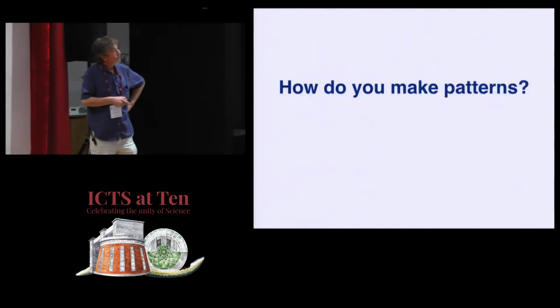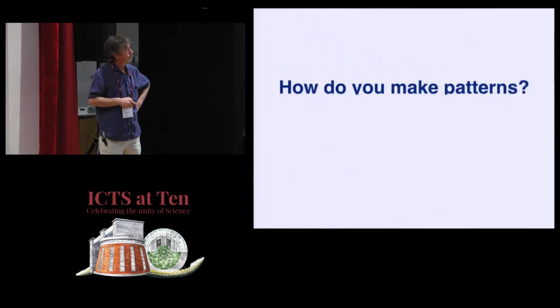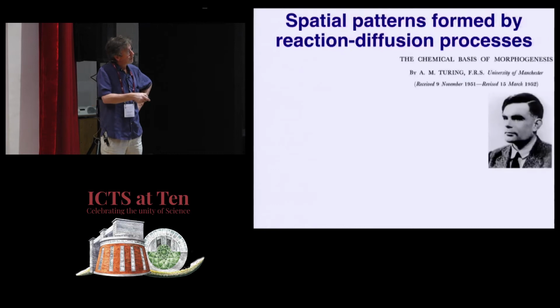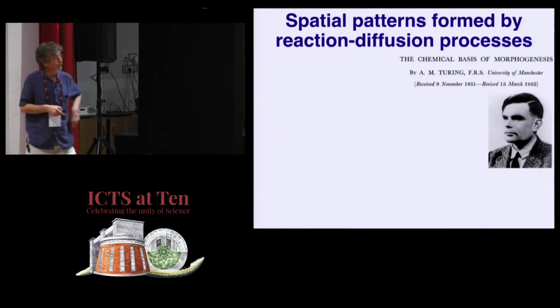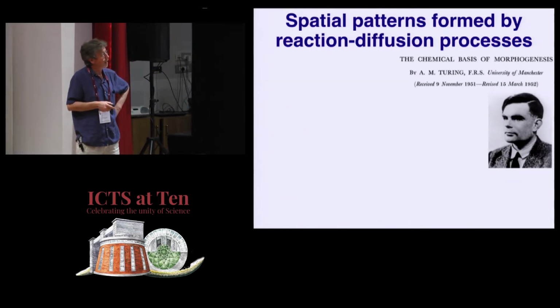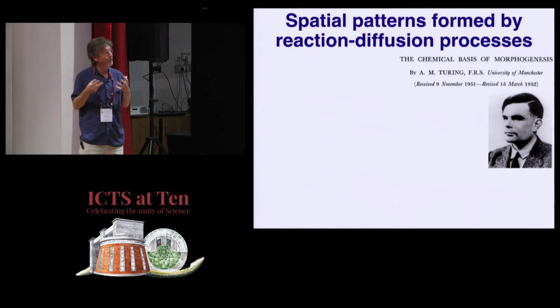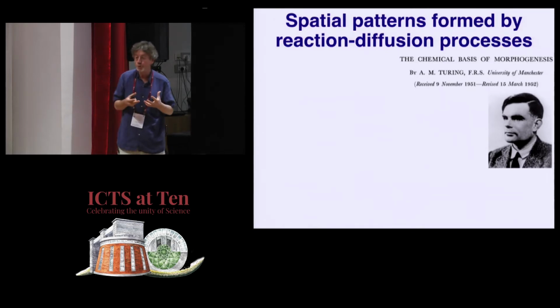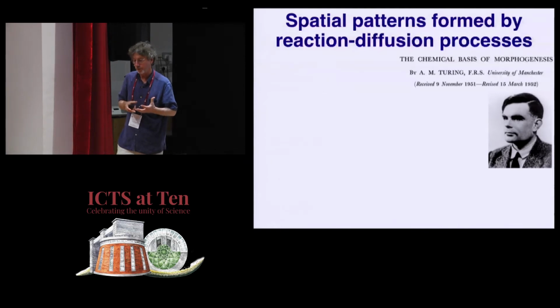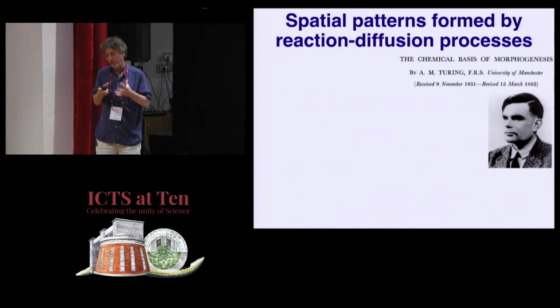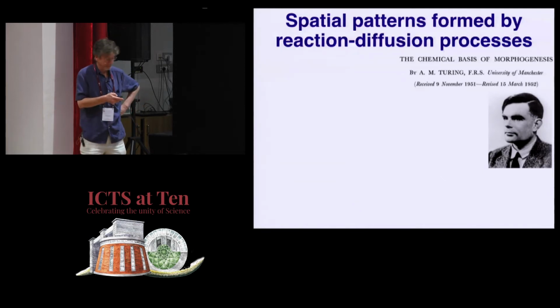Okay. So how do you make patterns in biology? The classic work of Turing, you can't overemphasize how important this is in biology. And Turing's morphogens, he really coined a phrase in the 1950s, and it really dominates the thinking in developmental biology now, the concept of the morphogen. And it is amazing that it wasn't until around about 1980, about 30 years later, that the first morphogen was discovered.